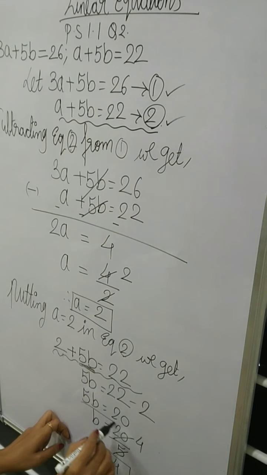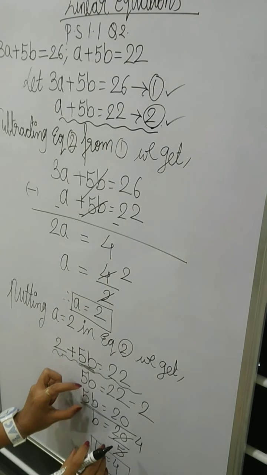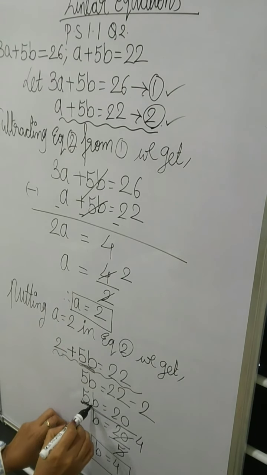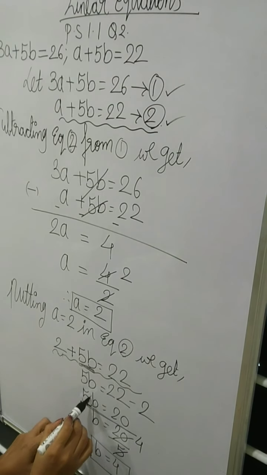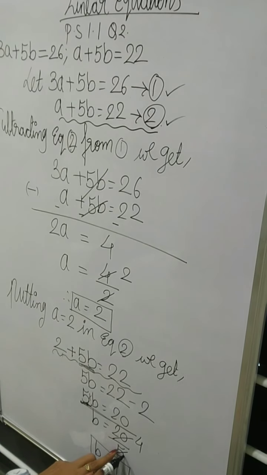Once I reach that step where only a variable on one side and a number on the other side is left, but still I can see this 5 clinging to b, what I'll do is I'll take out this 5. Now this 5, what is it doing with b? It is getting multiplied. So when I bring this 5 also on the other side, it will get divided. After division and all that, this is what we get.